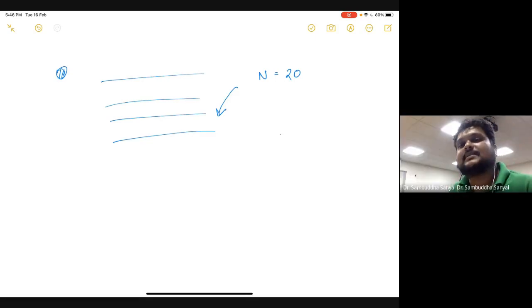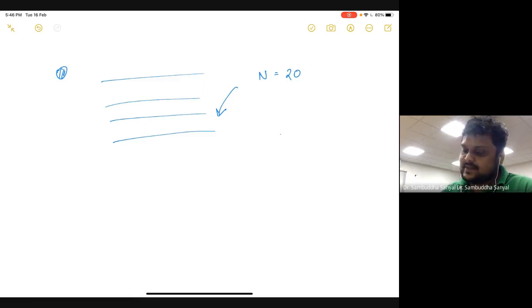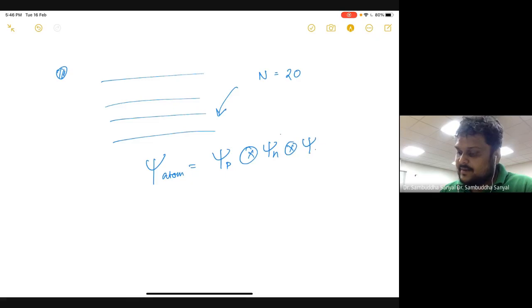But then the neutrons also have spin, and they can be weird in the sense that you don't have... Can we do that, sir? Because wherever these spin things come in, they ignore the nuclear spin. All the books that I've read so far do it like that. So the full wave function of an atom will have the proton part, the neutron part, and the electron part. Now these are all distinguishable objects. Each of these parts is a product of whatever is there inside.